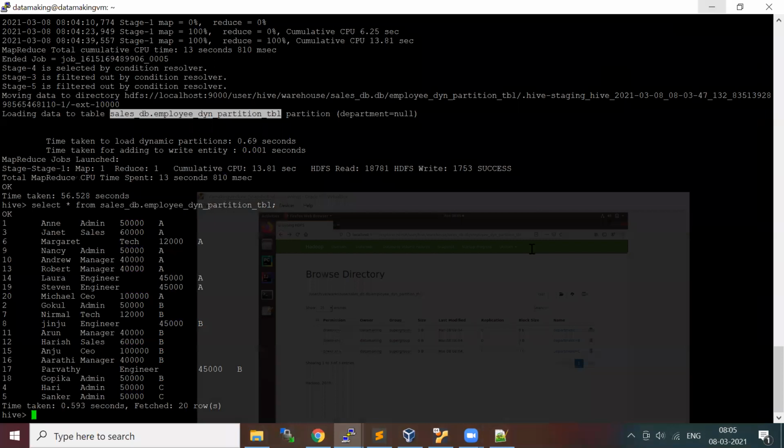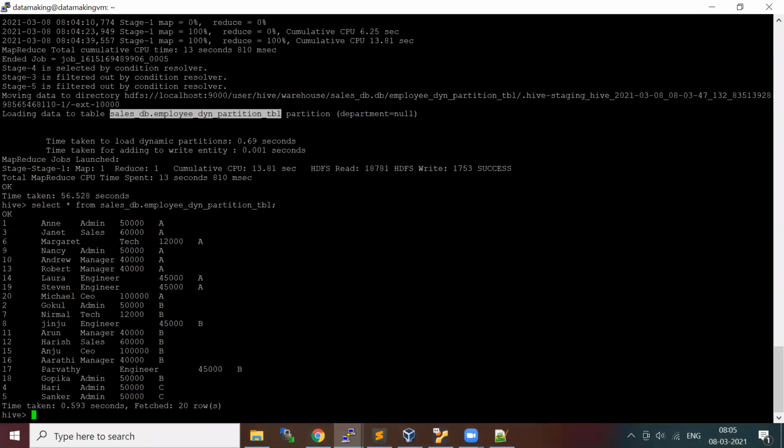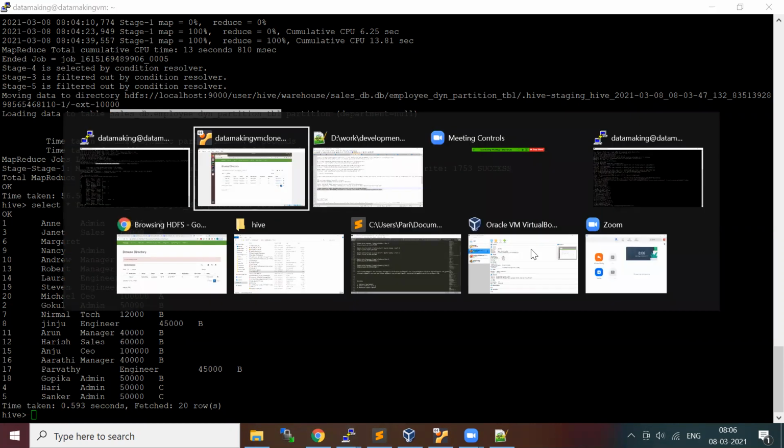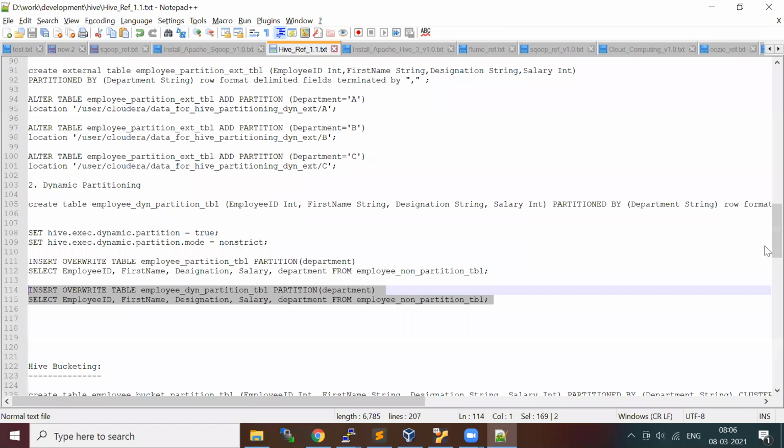So dynamic partition is basically used whenever your data is not already segregated. That's the scenario where you use dynamic partition. If you have any question, let me know. Else we will proceed with the bucketing concepts.